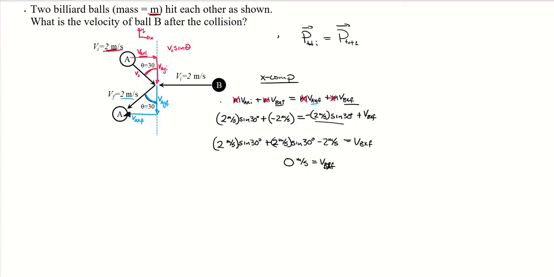Sorry. So we know left or right, this ball isn't moving left or right after the collision. In the x direction, it has no velocity. We can then do the same sort of thing with the y components of these balls. We have mass times VA in the y direction at the start plus mass times VB in the y direction at the start. It's going to be equal to the final momentum, the mv for both of those balls in the y direction.